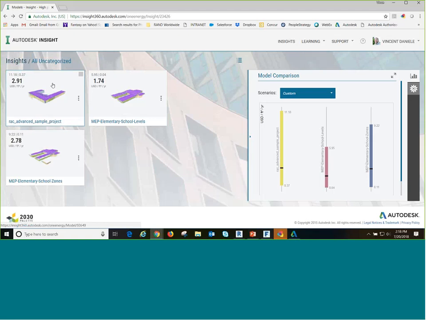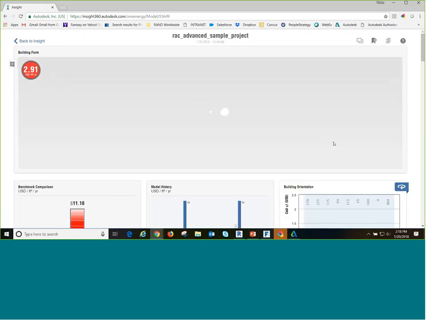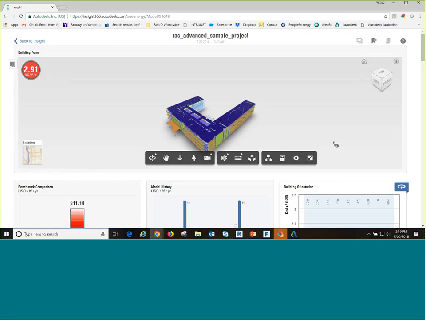So I've got a few of them in here. This is the one on the project that I have open right now. But it just gives you some really good information based on some standards for construction and how, if you change the types of windows from maybe a 2-pane glass to a low E 2-pane glass, how is that going to affect your cost? I changed my units here to square feet, so it's giving us an estimate cost per square